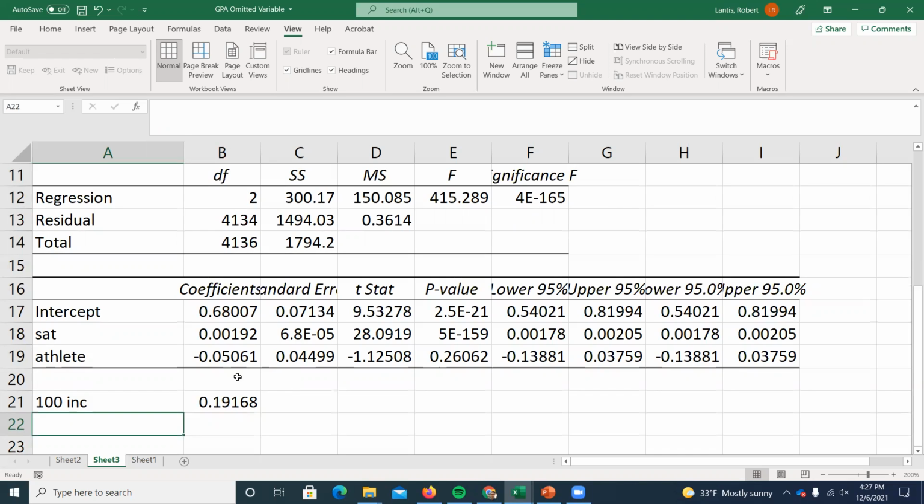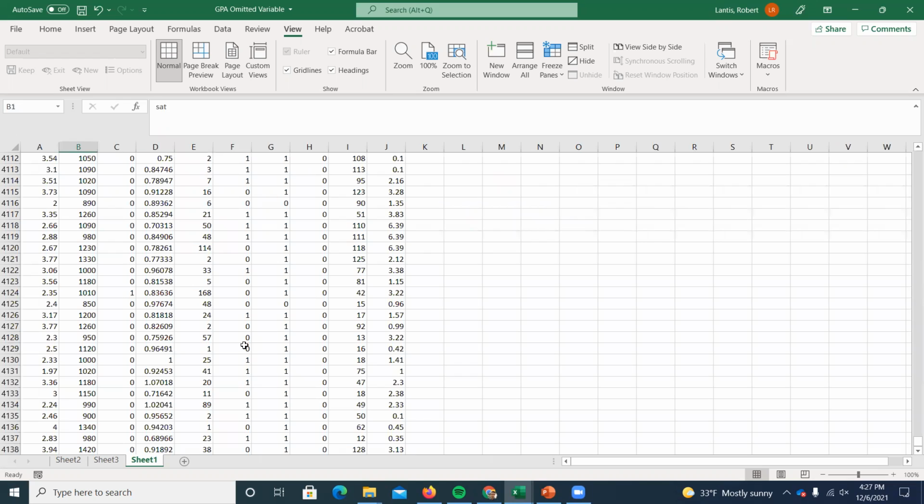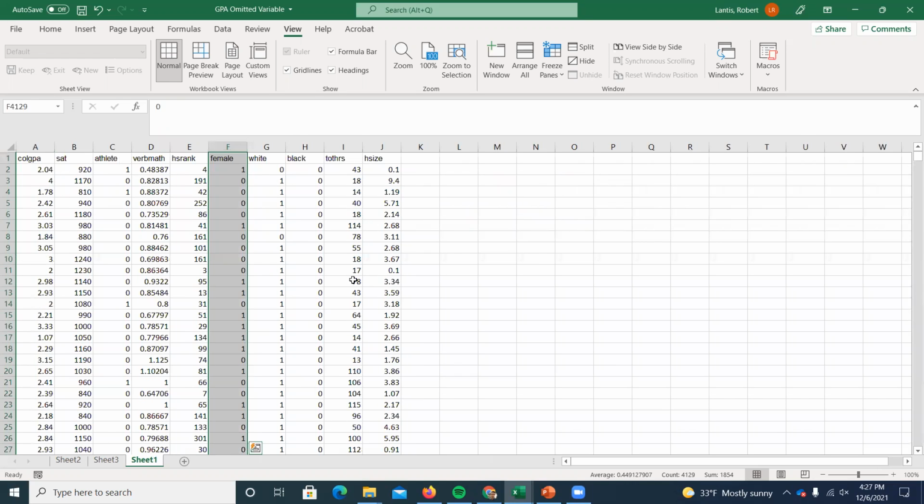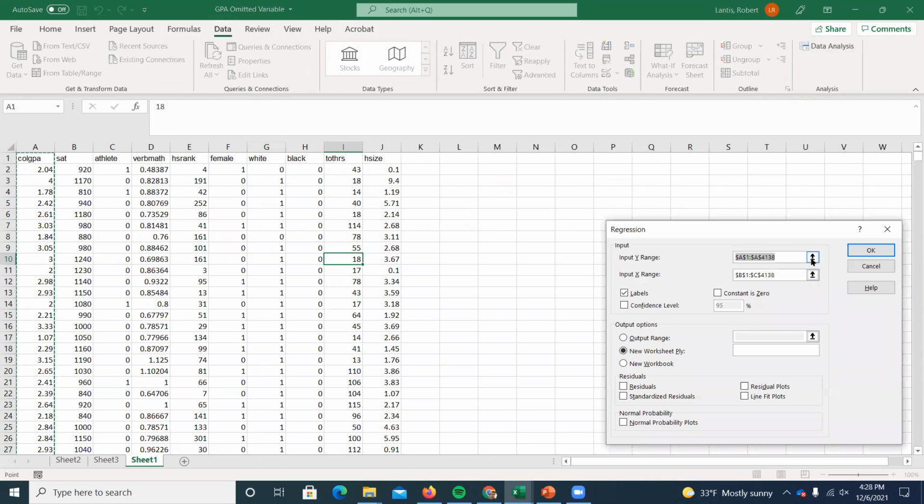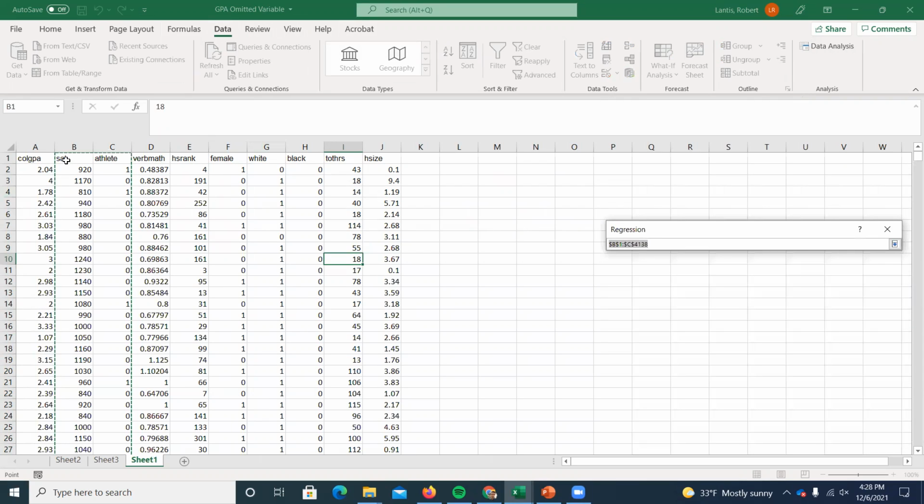Okay, so we'll do one more regression here, and then I think I'll show you one other data set. Okay. So I've got my data analysis regression. I'm going to try to predict GPAs, but now I'm going to throw every variable that I have at this